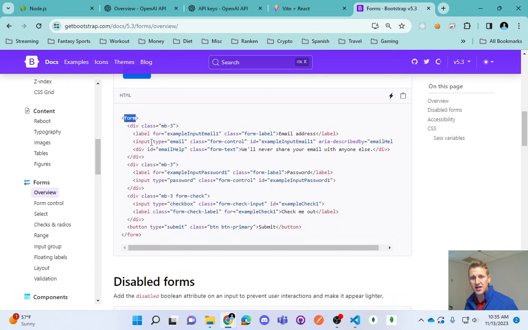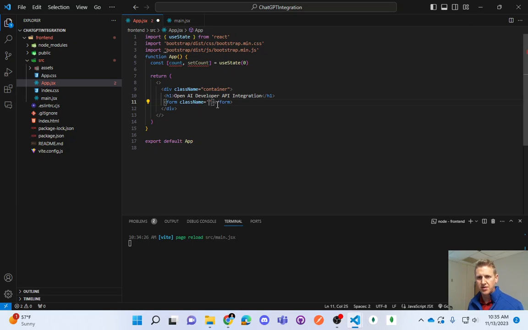Okay, so there's no class name, but labels have a class of form label, and text box have a class of form control. So we'll get rid of the class name,